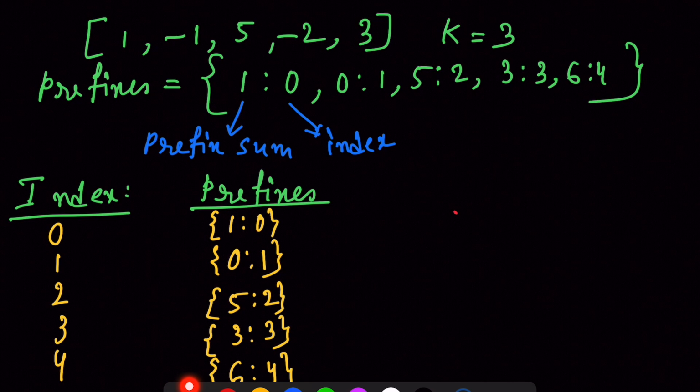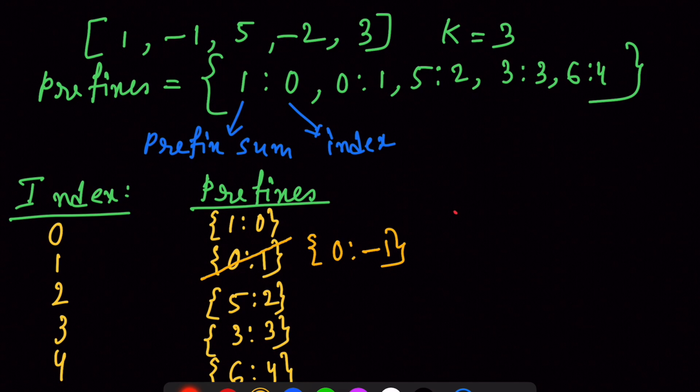So one thing you notice here, we found this subarray, but we didn't find this subarray from 0 to this index. To find that, we need to initialize our prefixes with 0 at minus 1, right? So if we get a prefix sum of 3, then we'll look for 3 minus 3, which is 0, and 0 is present, let's say at minus 1 here. Then from 0 to that index we will find the subarray. But in that case, should we remove this 0 at 1? Yes, we should,